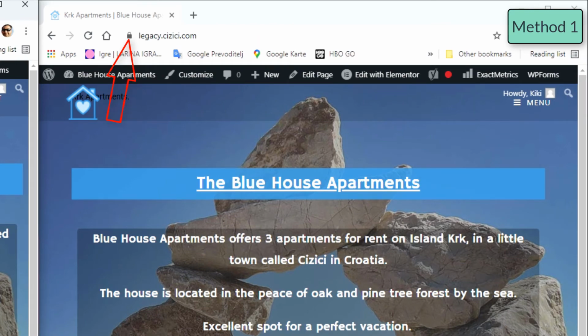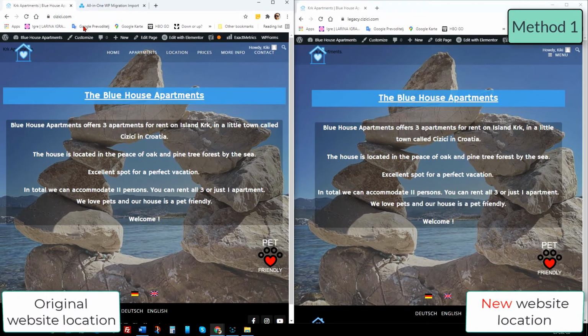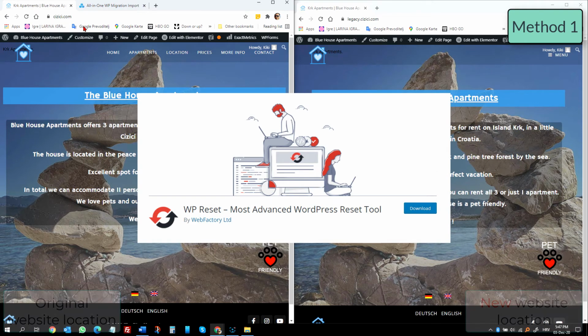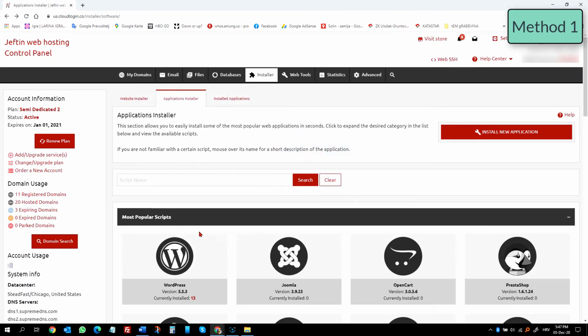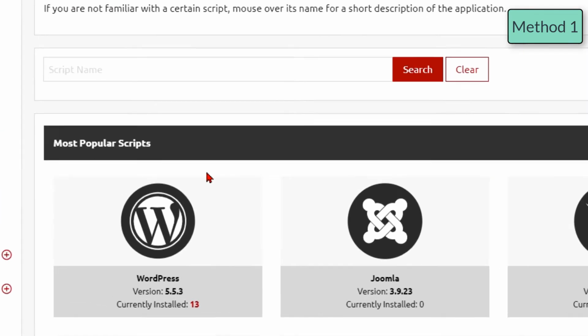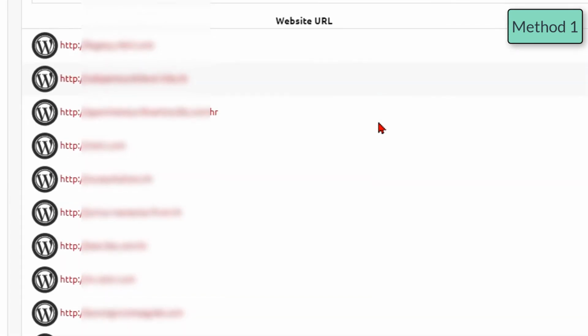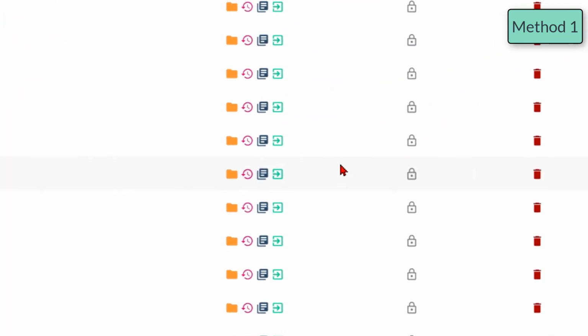And I checked if all the links worked. They did. You can now reset your WordPress site to original state on the old location using plugin called WP Reset. If you don't want anything on the old location where the old site was, just go to your control panel of your hosting service, find the installation you just copied, and just click delete, and the site will be gone. For me, it is that easy.